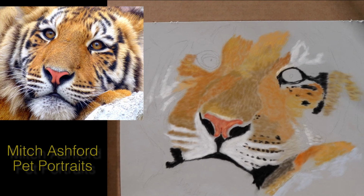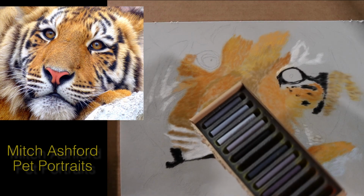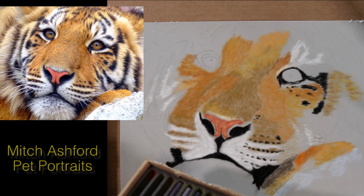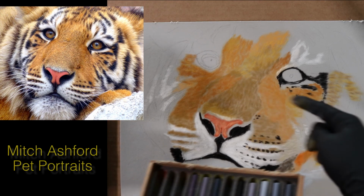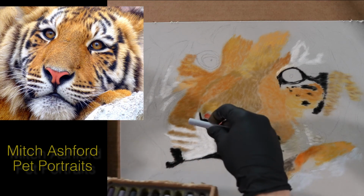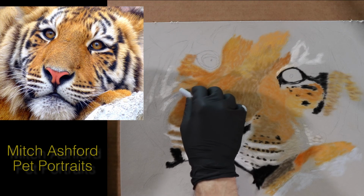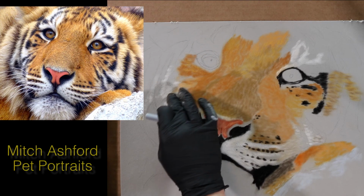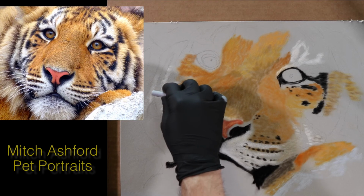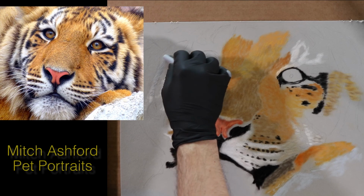So this has been my lifelong dream, to get the Giro gray set. And it's not a full set, it's just a few of the grays. And the problem that I was having is I would go gray, but it would be a bluish gray. And if you look at the reference photo, you'll notice it's a bluish gray. So now that I have a bluish gray, I have more control over where I get the grays in and the shades that they take on. So this is still gray, but it has more of a bluish tint. And we can score that along here